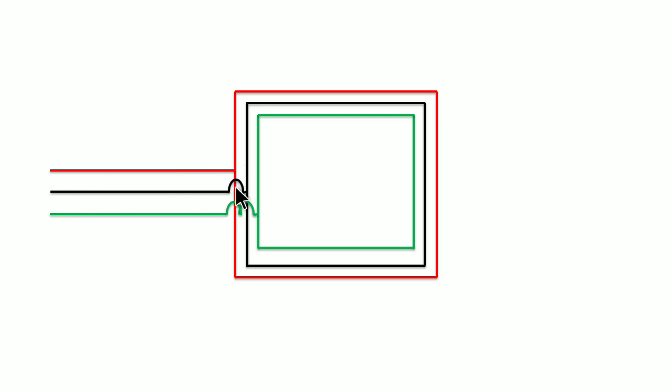See over here there is a small curve formed. This curve represents that this wire is not connected with the live wire. It is crossing over the live wire and it gets connected to the neutral wire. Similarly the green wire, the earth wire, is crossing over the red wire and also again crossing over the black wire, and it is connected with the earth wire. So this loop over here, this small curve, represents that the wire is crossing over that given wire.